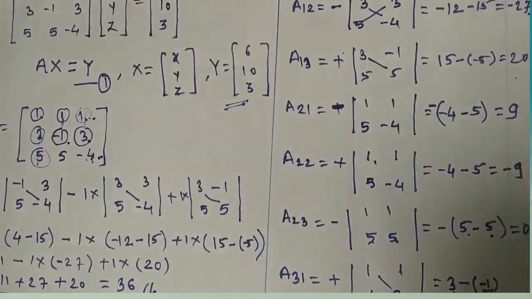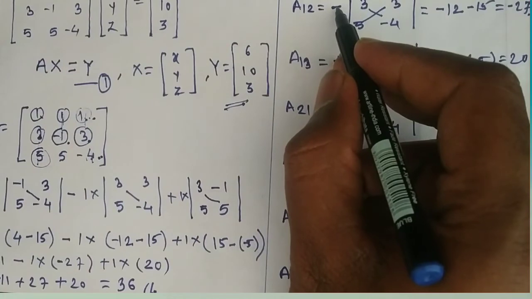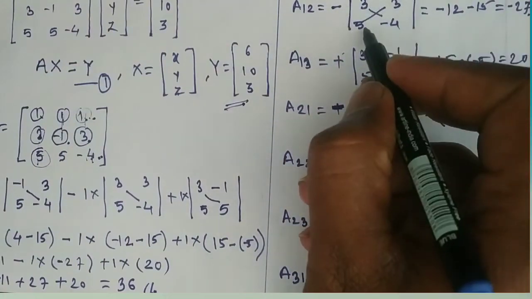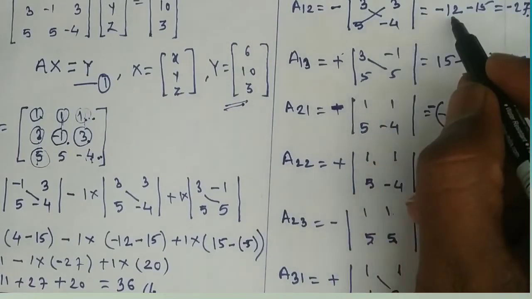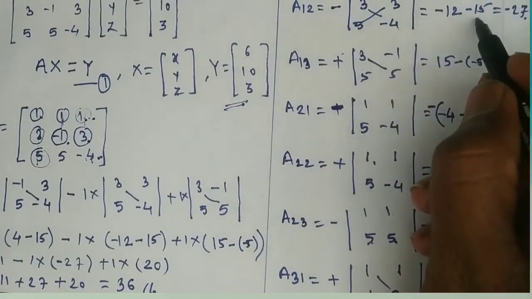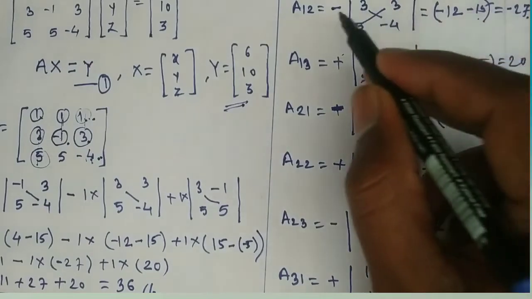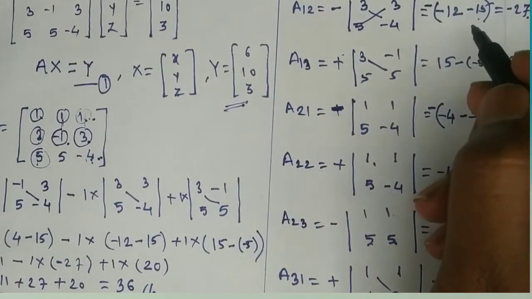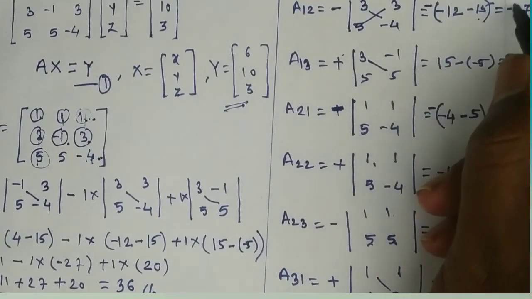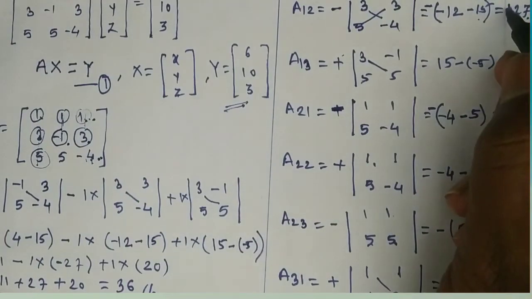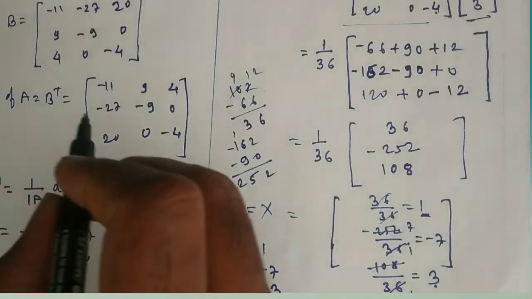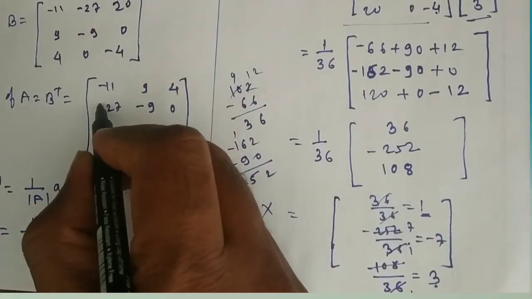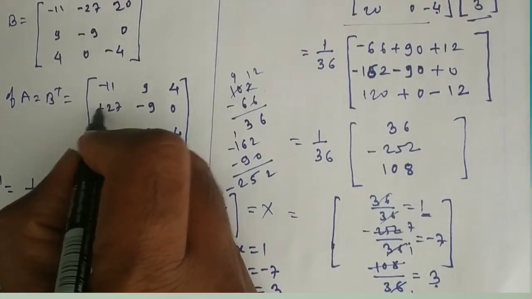Look at here this A12. So A12 is the determinant of minus 3, 3, 5 and minus 4. So 3 4s are minus 12, right? And 5 3s are 15. But here we have a negative sign outside. So write here minus sign, right? So what is minus minus? Minus minus is plus. So plus 27 is A12, right? So I will replace A12 as plus 27. So here I have written minus, so I will write this as plus 27.